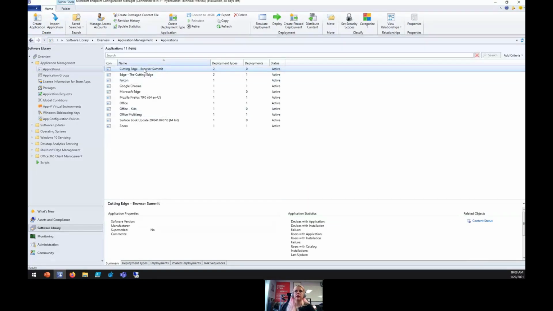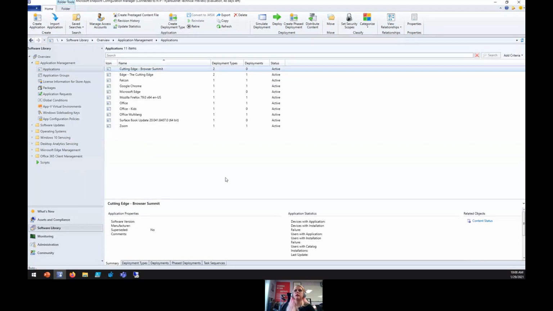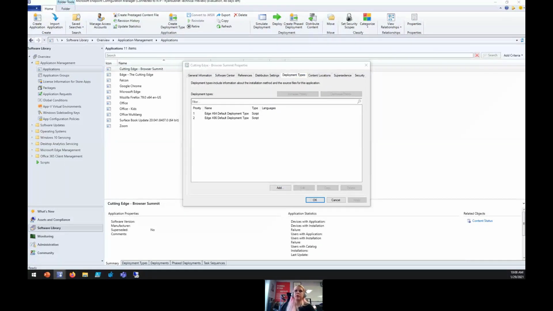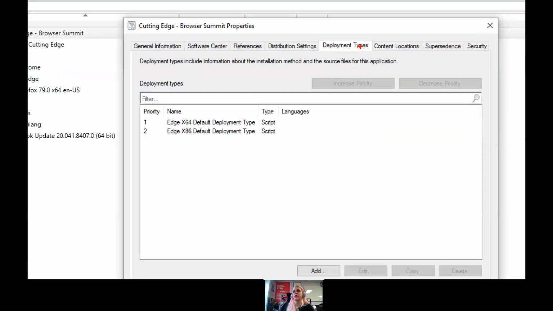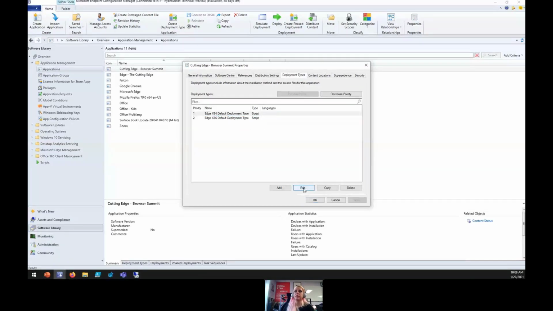All right, and there's Cutting Edge. So I'm going to go to the properties here, and it was kind enough to set up the icon and whatnot, so it looks nice and classy. But you'll notice, though, that we do have the two deployment types that are going to match up with the different architecture of the payload that was downloaded. I'm going to go ahead and take 64,